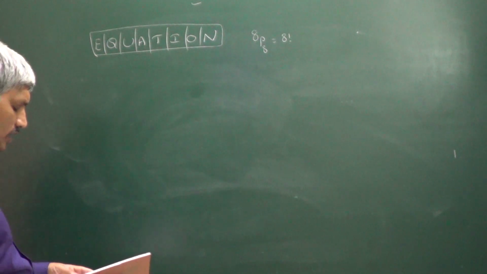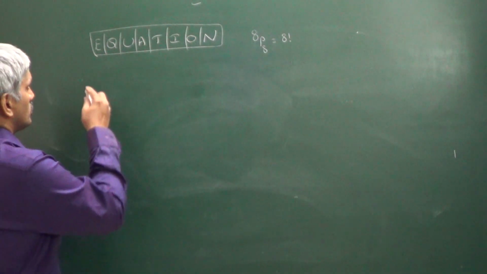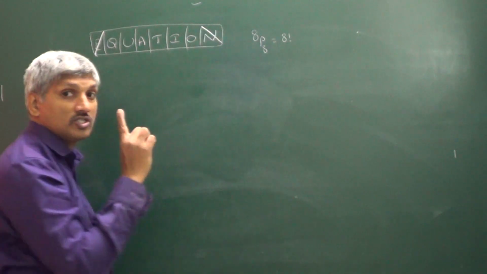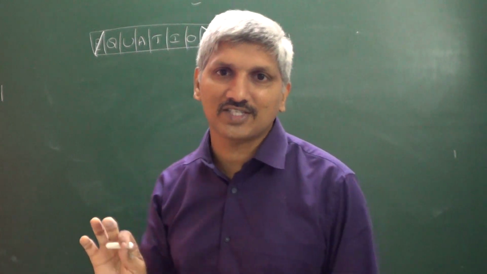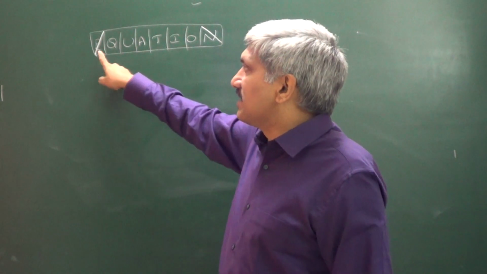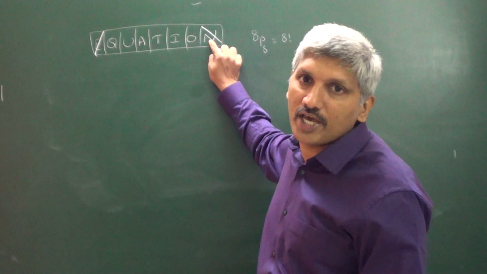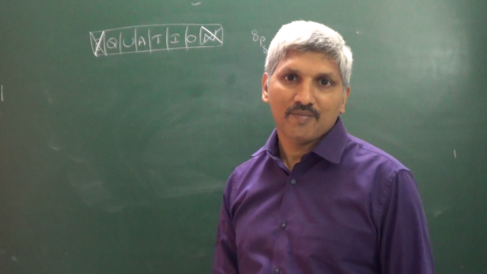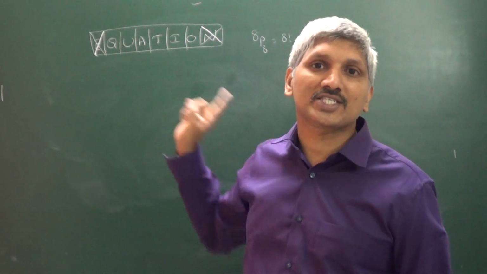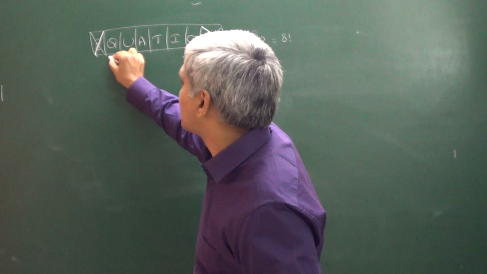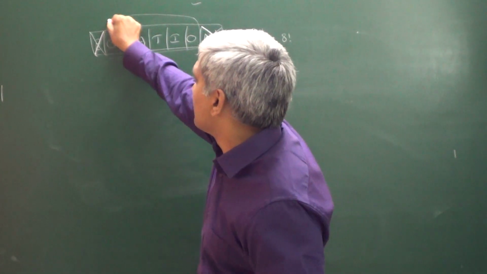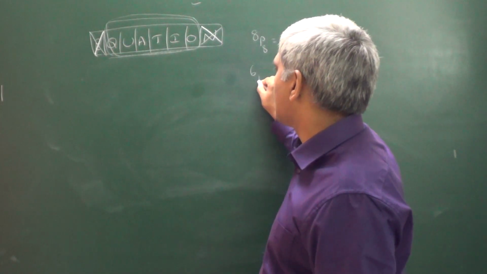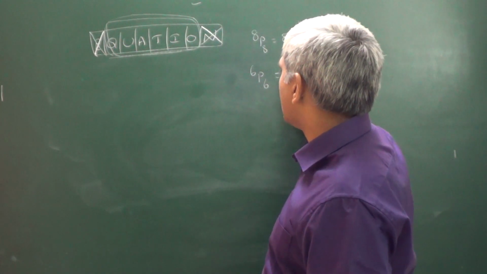In the same question he is asking the number of words that begin with E and end with N. That means the last place and the first place are fixed. Every word must begin with E and must end with N. So these two places are filled with E and N. So the remaining 6 letters only we have to arrange. The remaining 6 letters can be arranged in these 6 places in 6P6, that is equal to 6 factorial